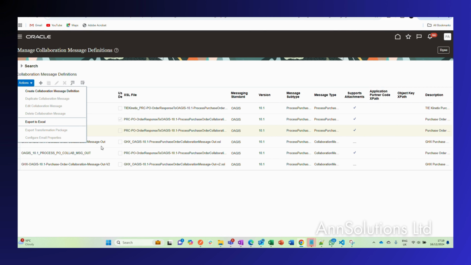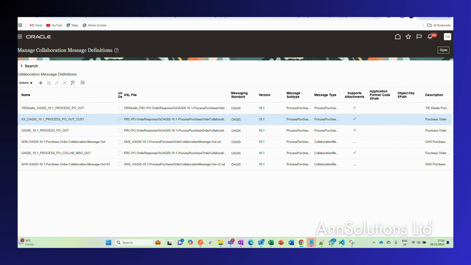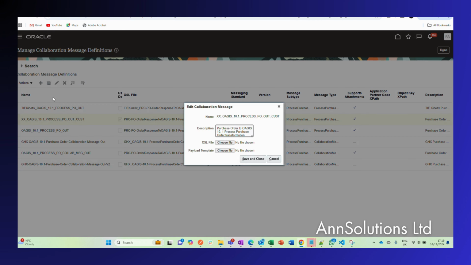In this case, you can create a duplicate. What happens is that when you create a duplicate, you name it differently, XX underscore or whatever, and then you have to